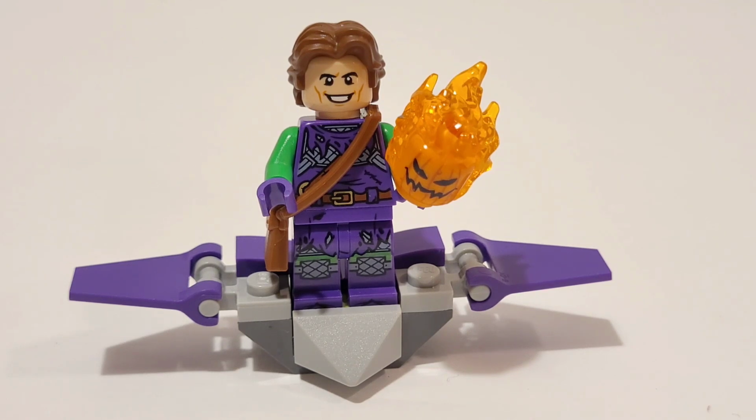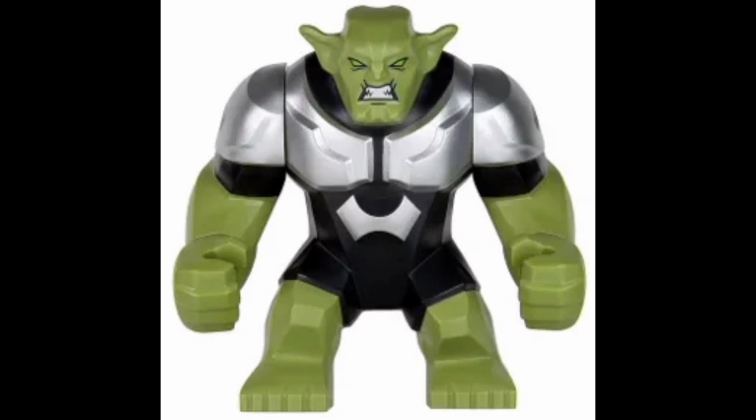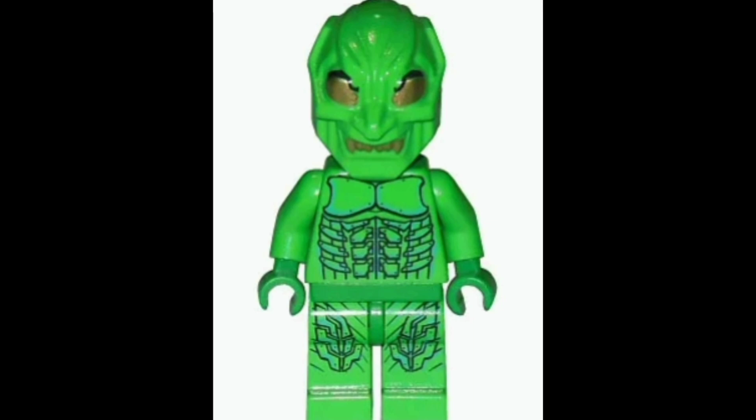Here are some honorable mentions of Green Goblin minifigures. Here's the first and only big fig of Green Goblin based off the Ultimate Spider-Man animated series. I think he actually looks pretty good. Next up, we have Green Goblin Willem Dafoe based off the first Spider-Man movie, and this is epic and iconic,